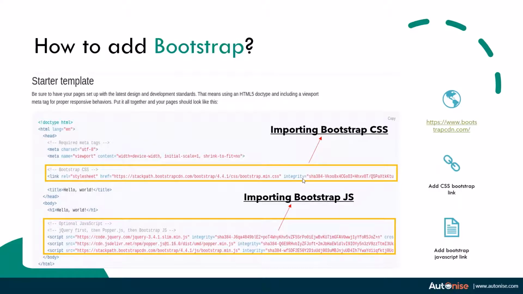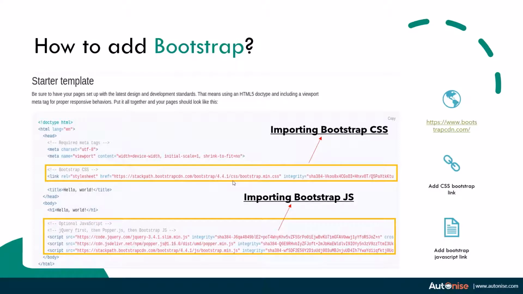This is also very good for security because let's say the Bootstrap CDN website is compromised. Then some unethical person might put some malicious code in the Bootstrap library. Now, everyone who is using the Bootstrap CDN will have the malicious code and your credit card information, your debit card information might be stolen by such an unethical person. Having integrity will ensure that even if there is a slight change in the code, your Bootstrap library won't be imported.